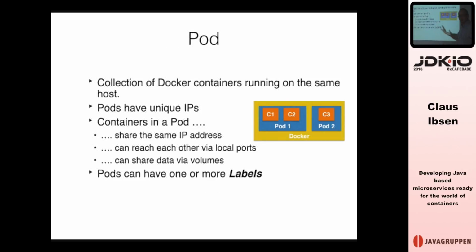But one of the most important concepts is the pod. So what is a pod in Kubernetes? Again, it's a group of containers that run together on the same node. The idea is that a pod has a unique IP address. So all these containers run in the same network space, and they can talk to each other using localhost. And they can also share the same volumes, the file system.